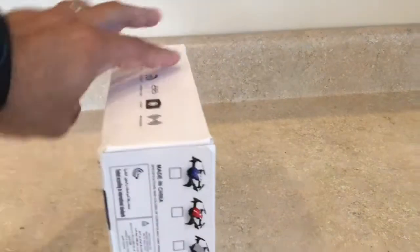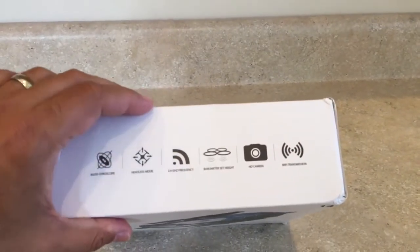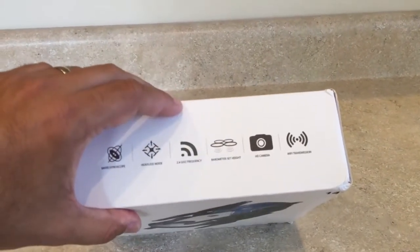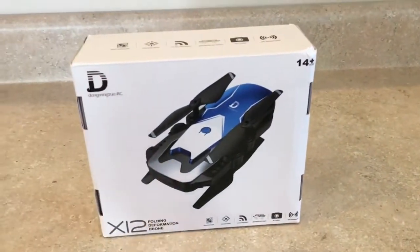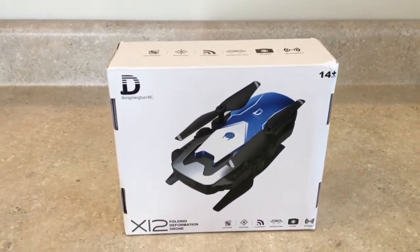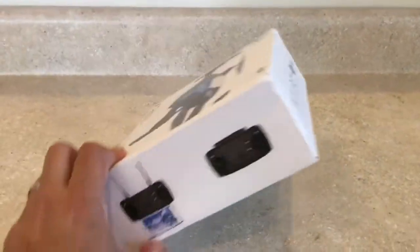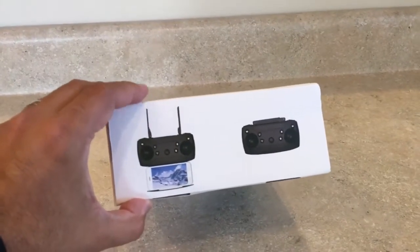And right here at the top you can also see the icons of the features, such as the barometer set height, headless mode, etc. Here in the back you can see the same drone but folded or compacted, and it says pretty much the same thing. Here on the side of the box you can see the transmitter, and it highly resembles a